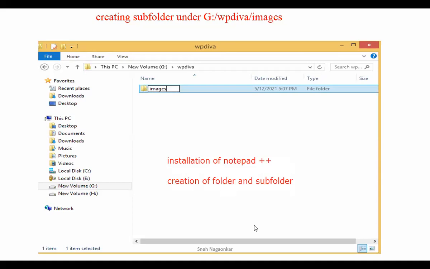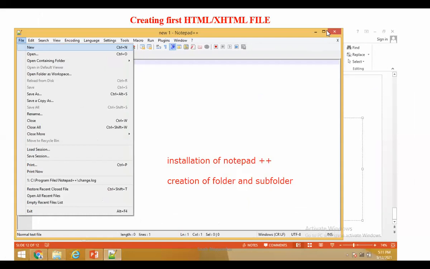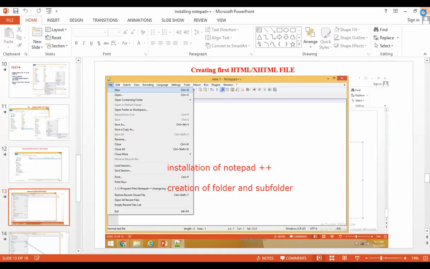So still we have 3 minutes. Until then, I will show you the Notepad++. I will show you how it gets installed.